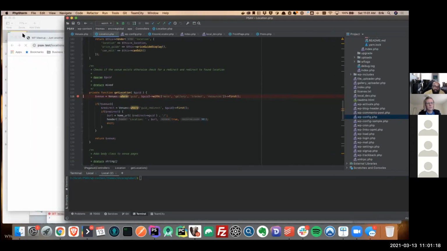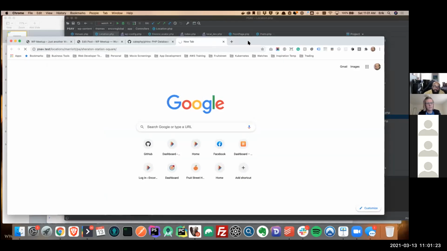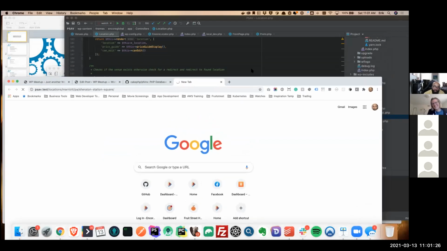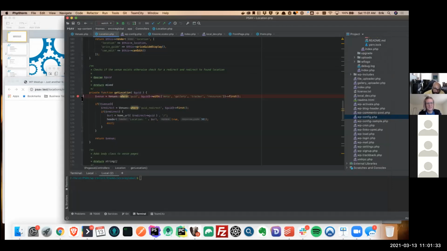I'll give this a second to load up, which is painfully slow for the site because it has so much data. But basically what's going to happen once this works is whenever the code hits this point, it's going to stop, and then I'll be able to see every piece of data that is available at this point in the code. That is useful because whenever I break stuff, I can figure out what I messed up. And normally it's never syntax, right? It's always logic wherever you mess things up.